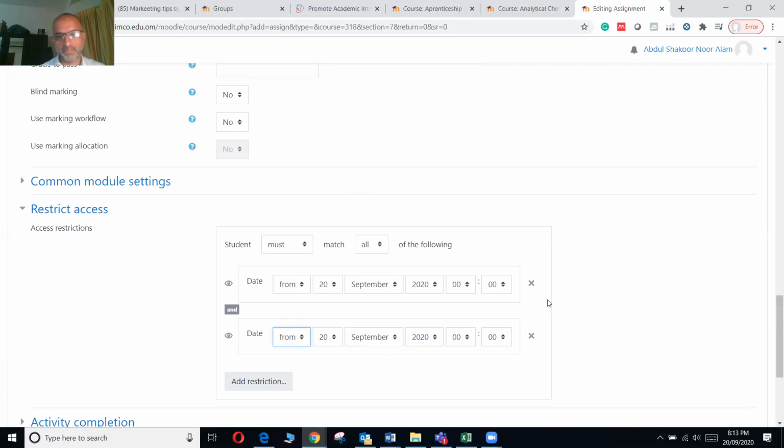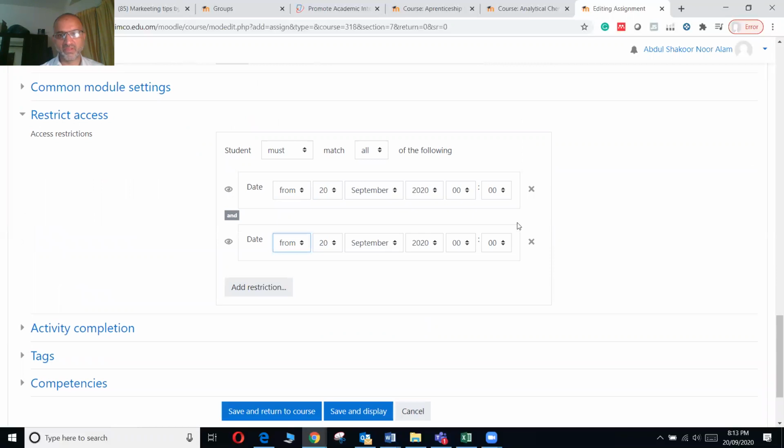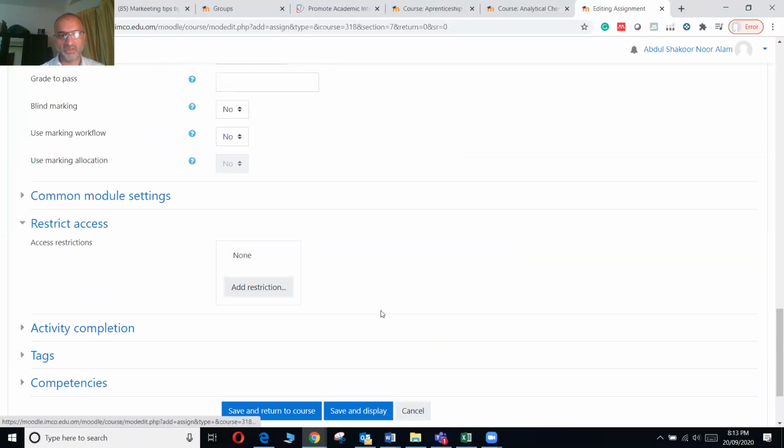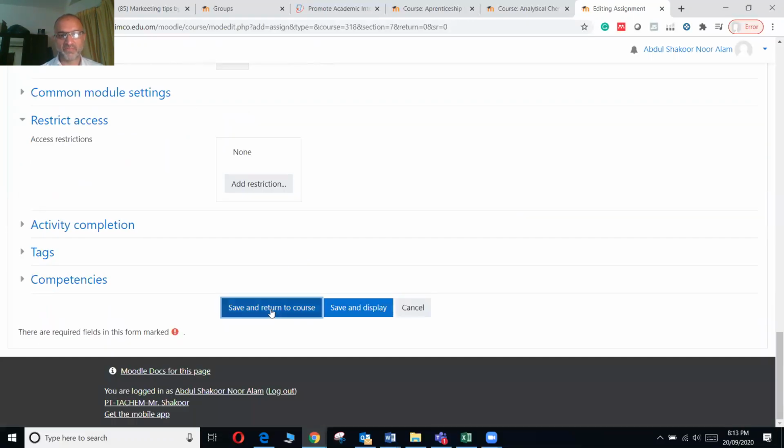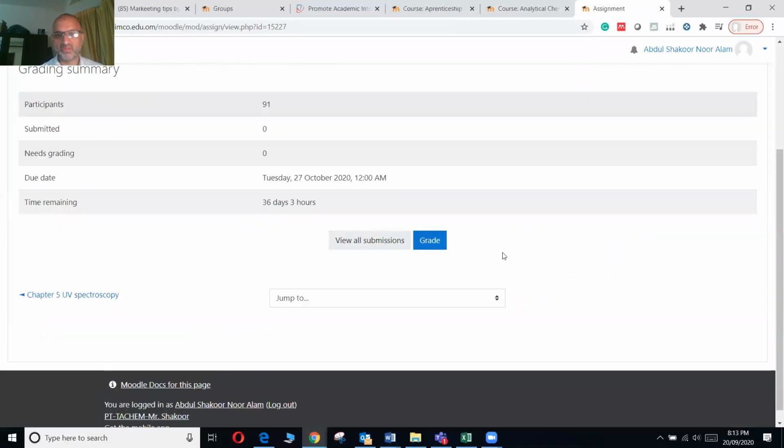You can select any one of these if you want to add a restriction. We are not going to make it. Anyway, save it. When you save it, the next thing is you have to go there to report marking, and